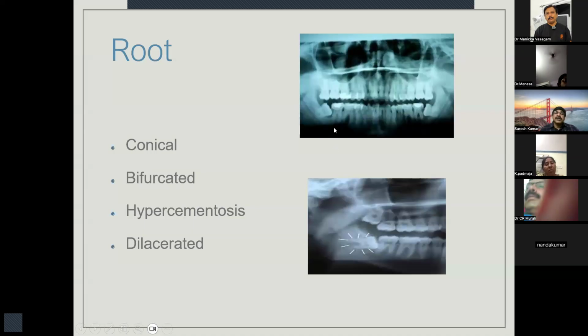I also mentioned you need to have a look at the root pattern of the second molar. Why so? If they have divergent roots, they are going to be very firm in place. When you apply pressure, especially when there is a small tooth like this one, it will not get disturbed. Whereas if the second molar has a conical root, and you apply more pressure while you elevate the third molar, that can cause dislodgement of the second molar also. That is why you should study the root pattern of the second molar also. So conical roots are easier to remove, bifurcated roots are going to be difficult to remove. If the root shows any abnormality like hypercementosis or dilaceration, it is going to be even more difficult to remove.